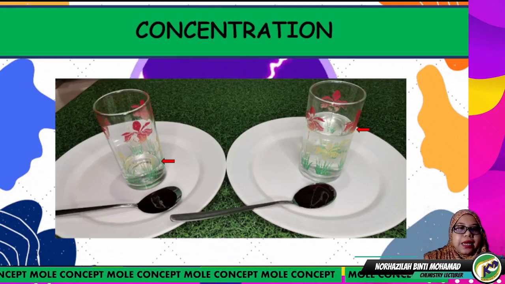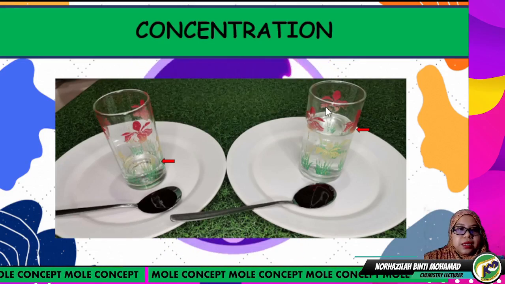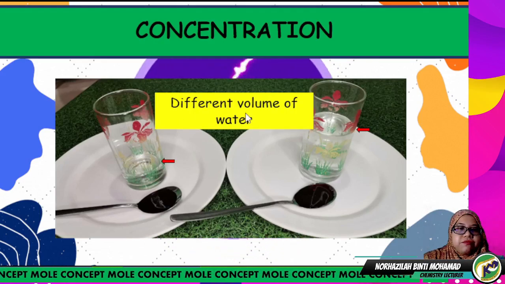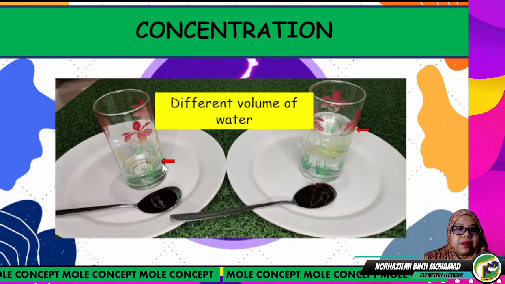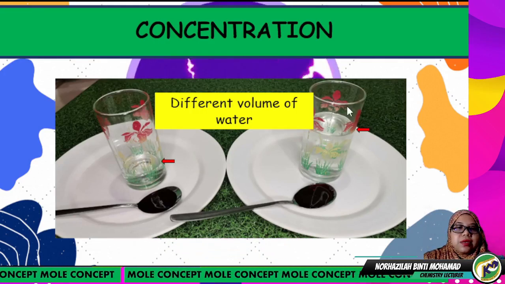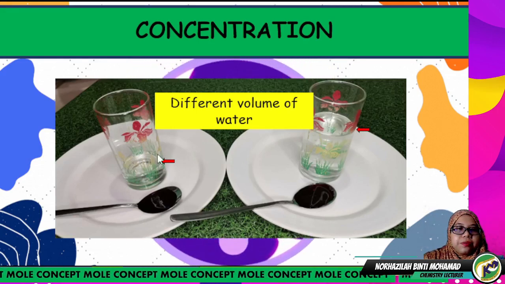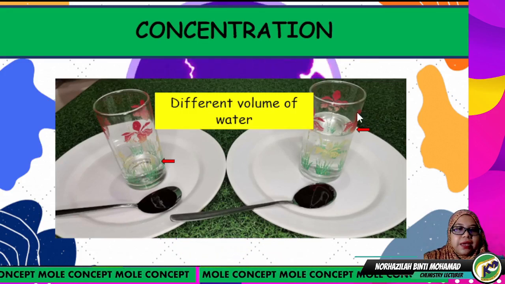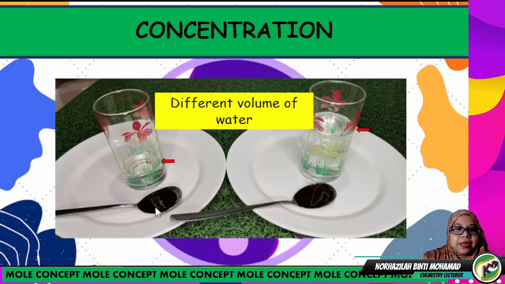Second example, I have this glass of water. Okay, but both have different volumes of water. You see on the left side, the water level is up here, and on the right side it is until here. Okay. So when we compare, the volume of water on the left side is bigger than on the right side, but